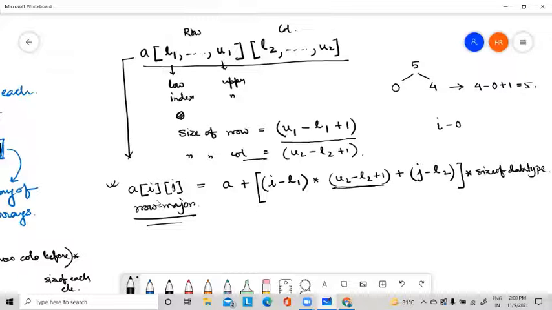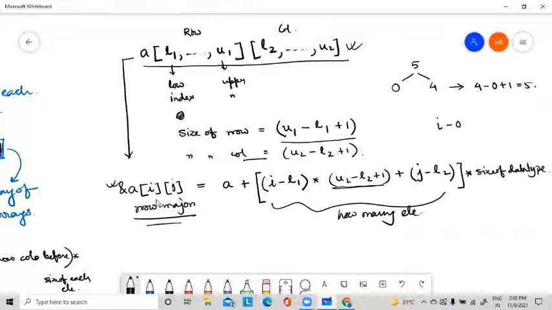This will give you how many elements are before that particular element, that is the I and j element. So this will give you the address of a particular element in a row major representation of array.